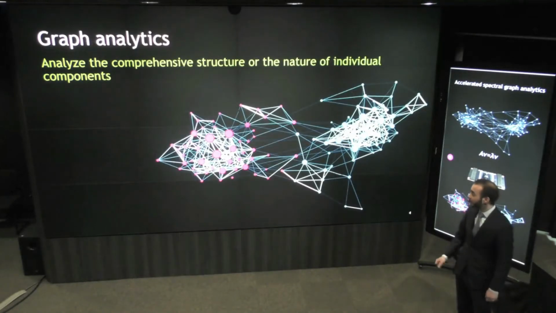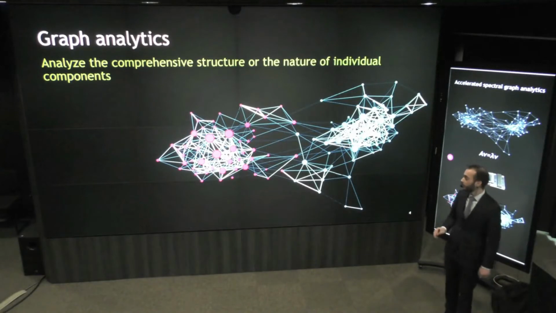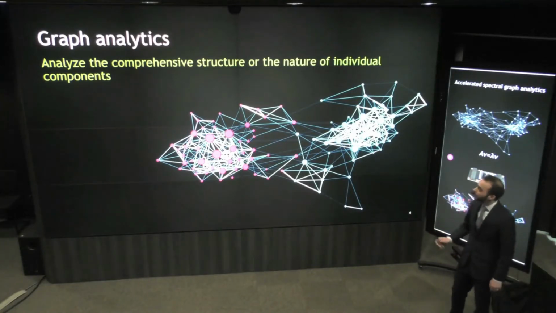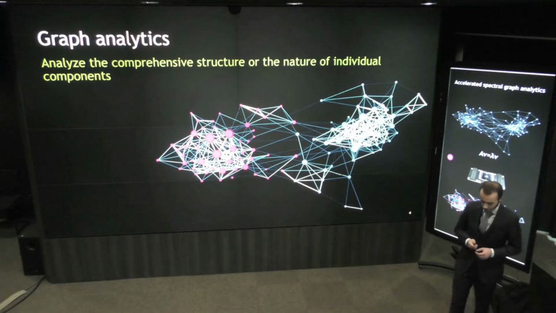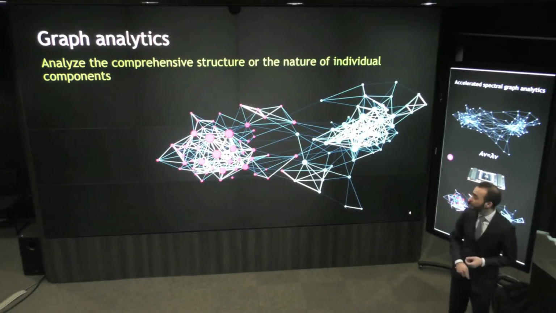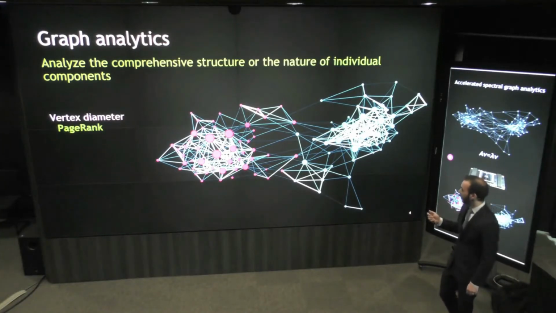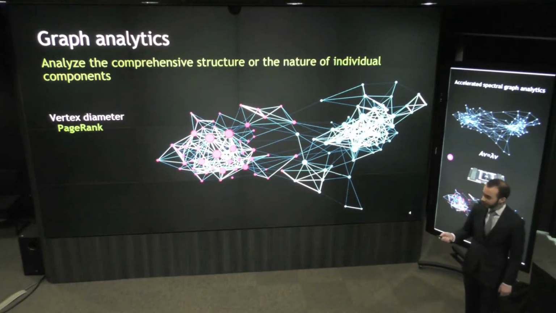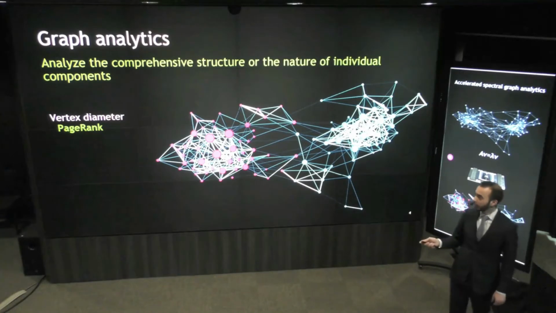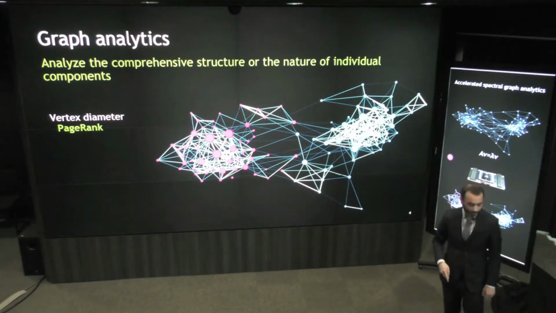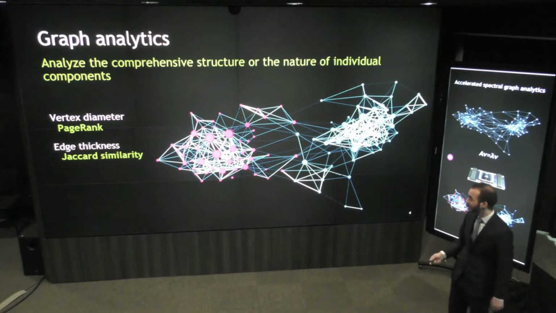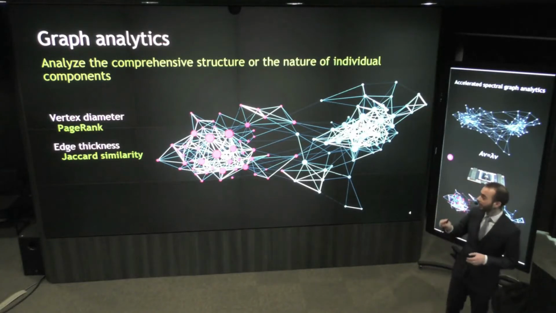And here is an example of graph analytics. This is the exact same graph that we are visualizing here, but what you see has been done during this thesis, and the first thing to notice is the vertex diameters that change. Larger vertices are more important than smaller vertices, and this is done by solving an eigenvalue problem, and in this case it's PageRank. The second thing to notice is the edge thickness. You can see some very bright and thick edges, which indicate strong connectivity between those vertices,